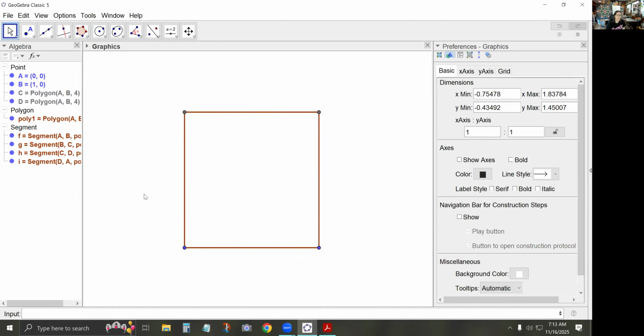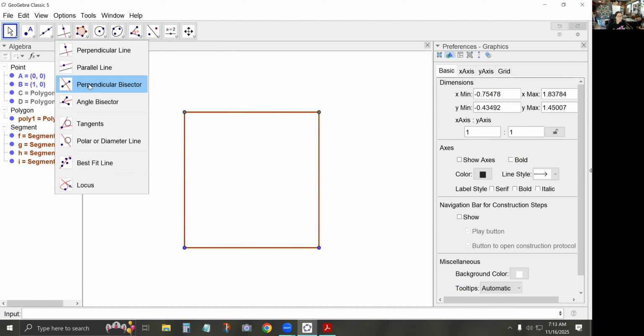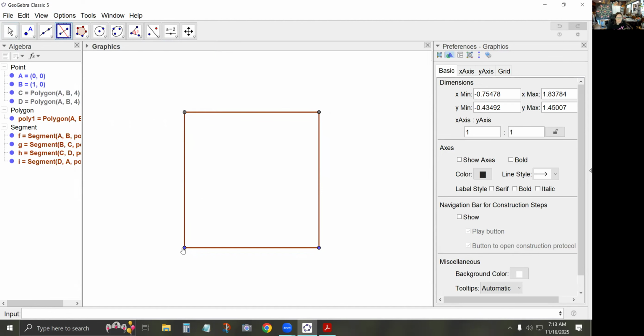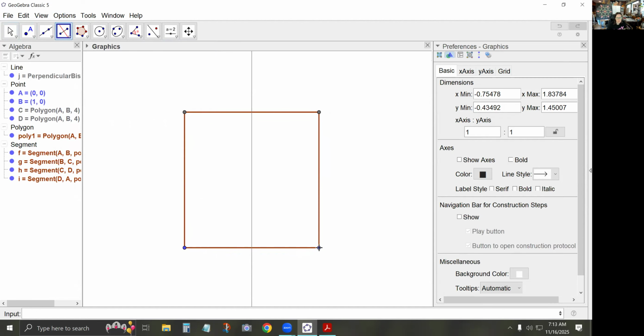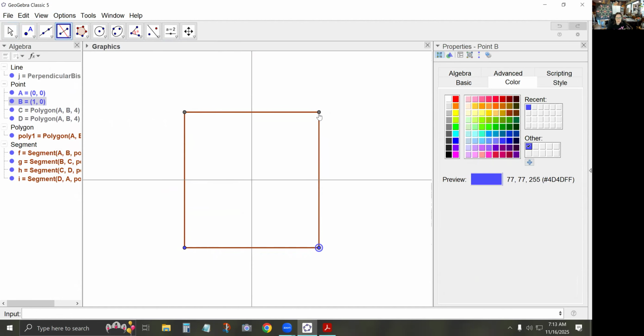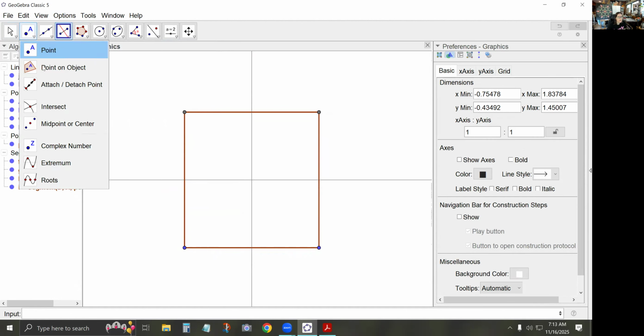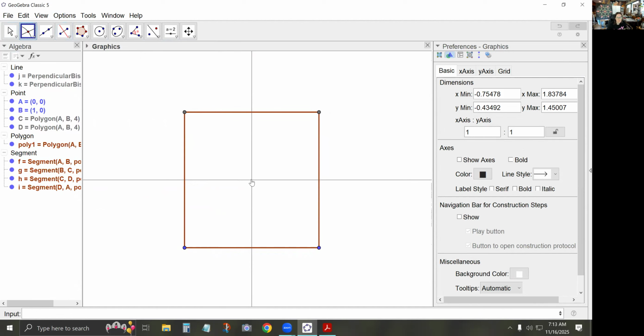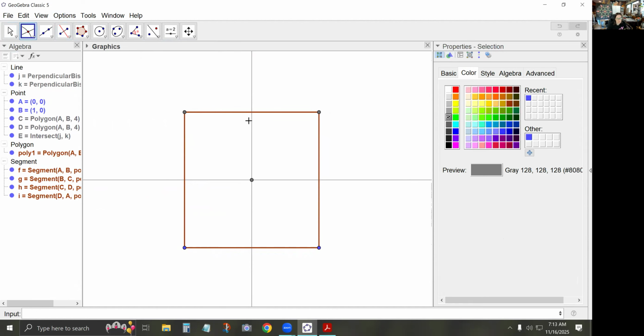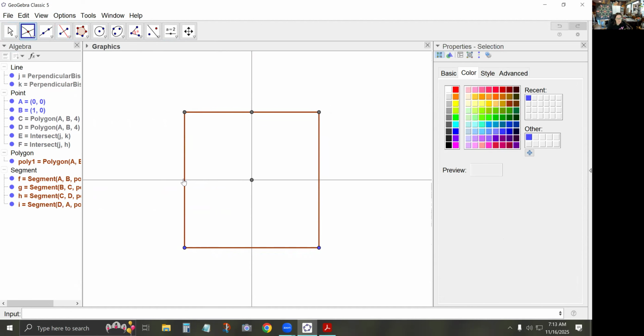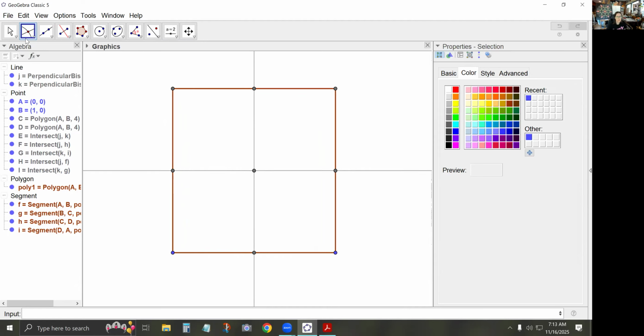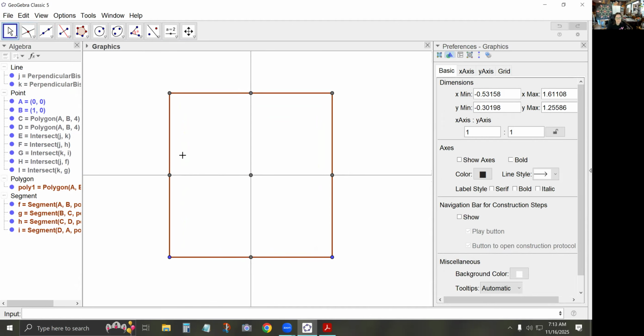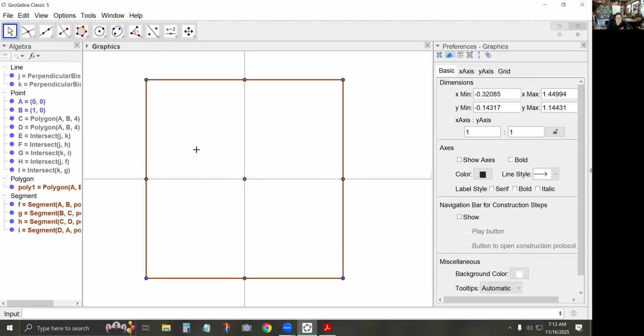All right, so then I'm going to grab my perpendicular bisector tool, and I'm going to put in a central vertical line and a central horizontal line. Then I'm going to grab my intersect tool to create that center point. And I'm also going to put in, with my intersect tool, the midpoints of the sides. I don't necessarily need all of them, but I will need at least one,